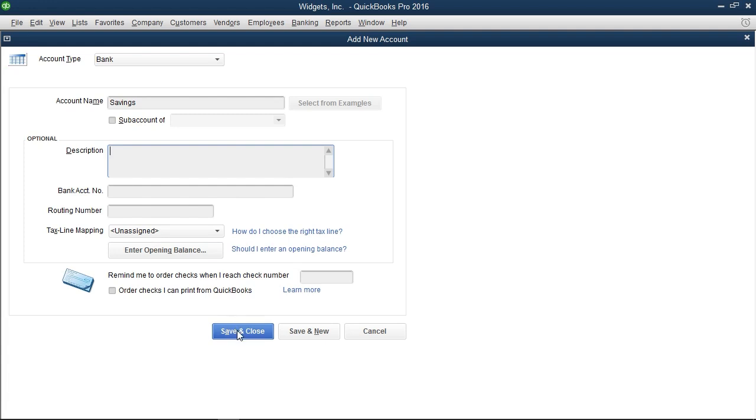When finished, click the Save and Close button to create the new account and close the new account window. Alternately, you may continue creating new accounts without having to close and reopen the new account window by clicking the Save and New button instead. Doing this will create the account and clear the new account window, but leave the window open so that you